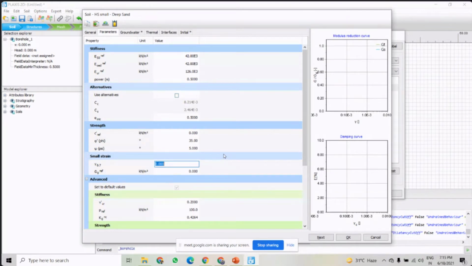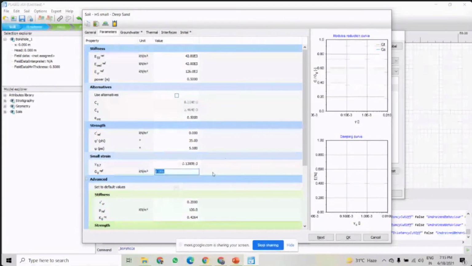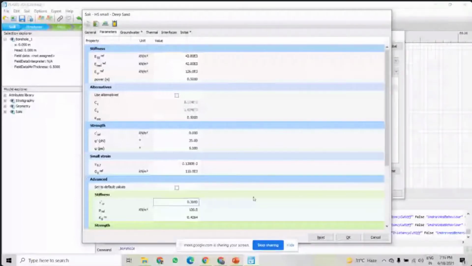And this shear strain is 1.3 E minus 4, and this is the shear modulus at very small strain, and this is 1.1 E5. Poisson ratio is 0.3. And then groundwater.